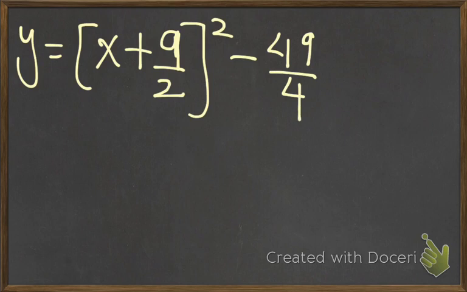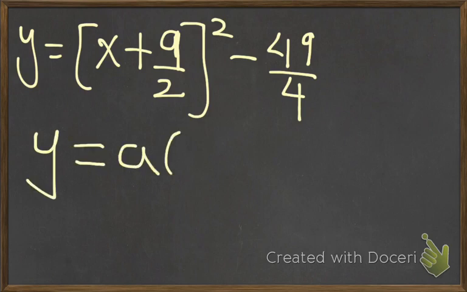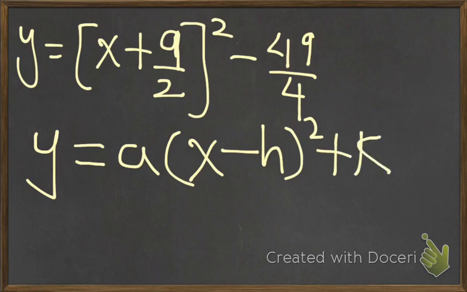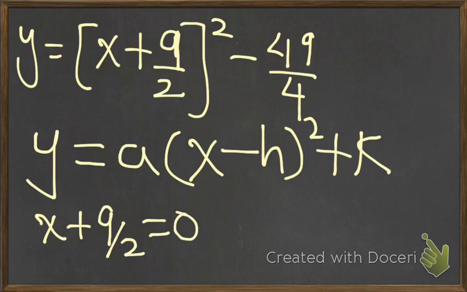So this is basically a completing square form, which is given like this: y is equal to a multiplied by x minus h, the whole thing squared, plus k. And as I have told you earlier, x minus h will be kept equal to 0, and the remaining constant term k will be kept equal to y. So anything which is present in the bracket will be kept equal to 0. So this means x plus 9 over 2 will be kept equal to 0,